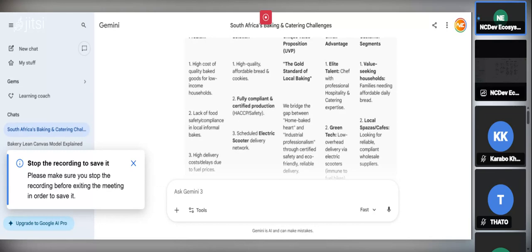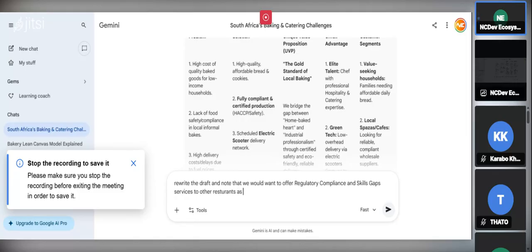So now what we'll do is rewrite the draft and note that we would want to offer regulatory compliance and skills capsules to other